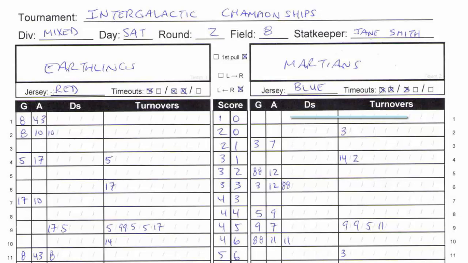The Earthlings now pull to the Martians. Number 7 on the Martians receives the pull, passes to 14, who swings to 3. 3 looks up the field and throws. Oh! Number 10 on the Earthlings makes a diving play and knocks the disc out of bounds. Since number 10 touched the disc on the play, record a defense for number 10. Number 3 is responsible for the Martian turnover, even if the player being thrown to wasn't hustling enough. Turnovers almost always go to the thrower.